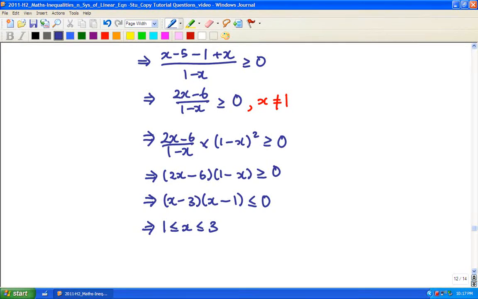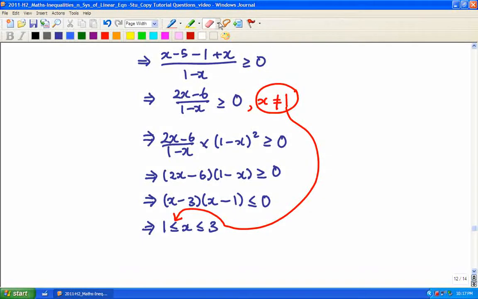Now remember we need to exclude 1. So this solution you will need to edit. We have to strengthen the condition from non-strict to strict for x equals 1. So that's the first part. Now for the second part,